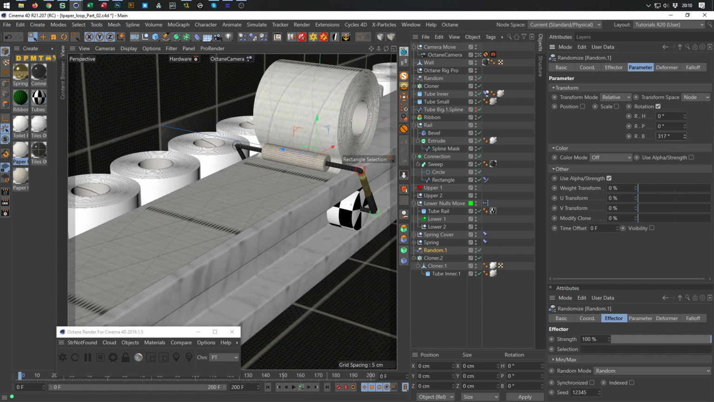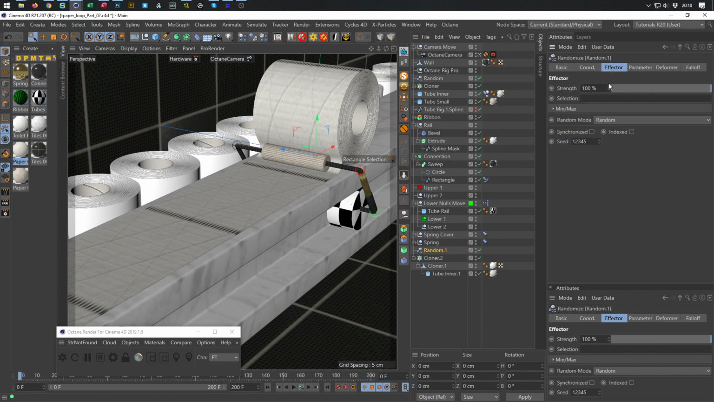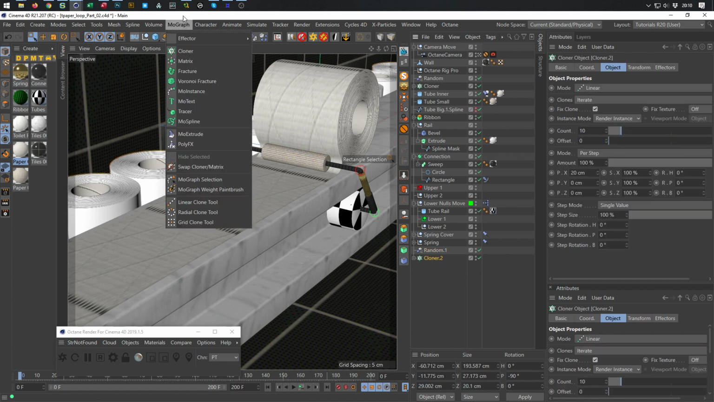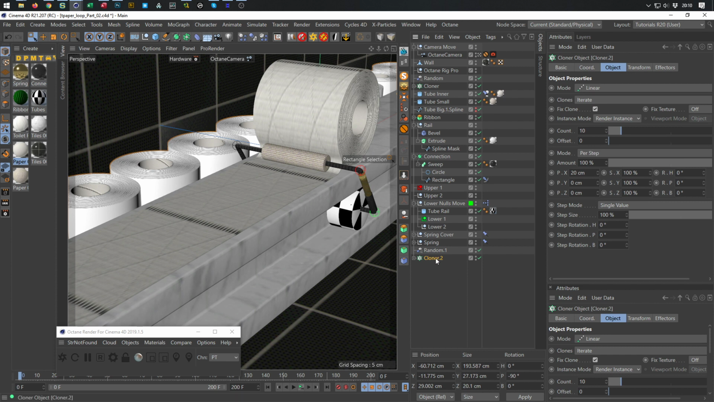So I take 360 here, and you can go in the effector and play with the seed until you like it. But in this case it does not matter because we do another stack of things, so we don't see it. So save this, make another cloner over this cloner. So select the cloner. Oh no, I don't select the cloner, I just copy the cloner